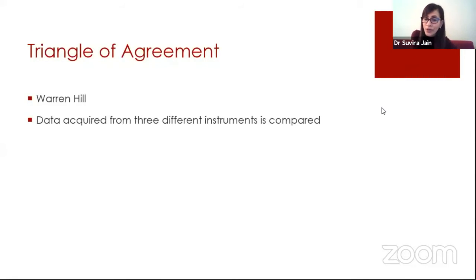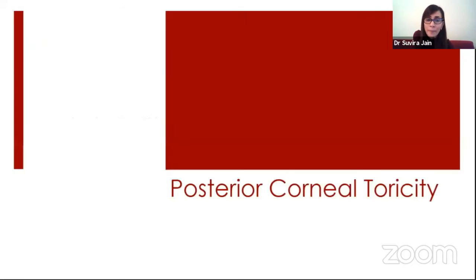Now we measure the corneal astigmatism with different instruments. All instruments are good, but all measure differently, so it's unlikely that you're going to get perfectly identical results. Even if you don't get identical results, if the results between them are close, they can be considered accurate. So what Warren Hill said is that measurements should be taken on 3 different machines. If there is concordance between them, you take it as accurate and use them. If not, repeat the test and the 2 closest measurements are then taken.